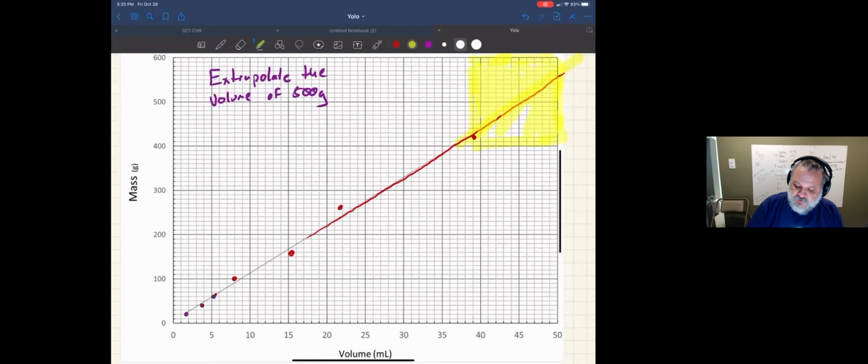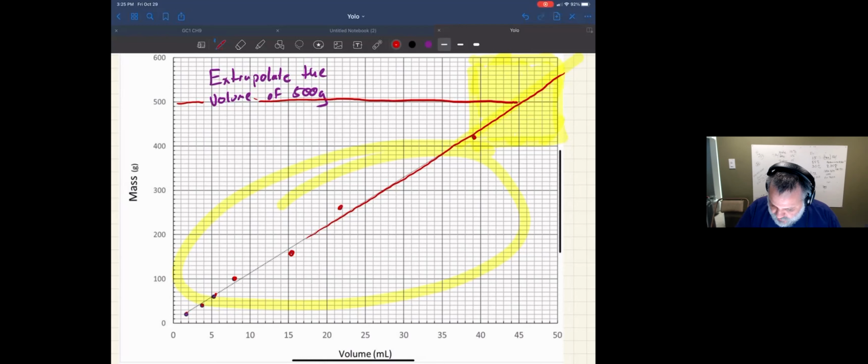In this area, there is no data present. And so what we have to do is use the data in the other area over here to extrapolate what the result would be in that area. And so it's asking us to do that for 500 grams. So 500 grams is this line. So we would come over here to our extrapolated trend line, and it looks like it's meeting right about here. So we can come down this line and we could say